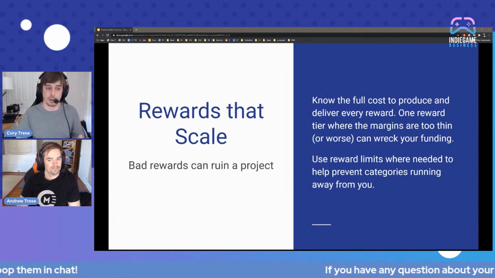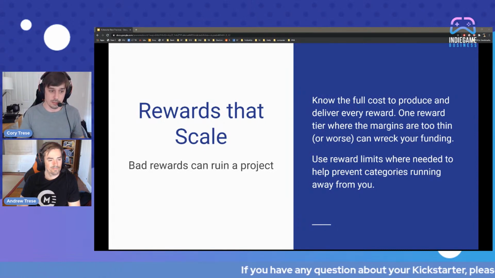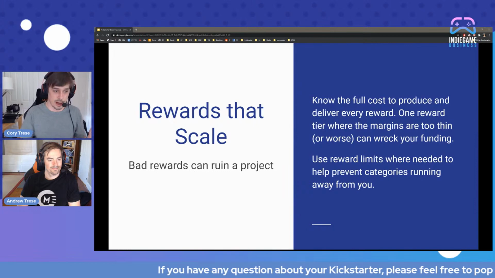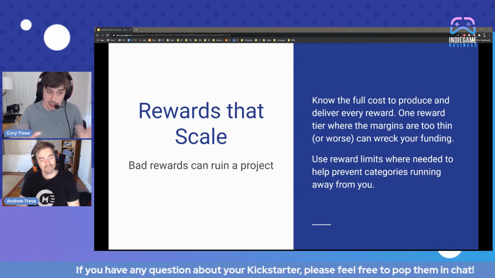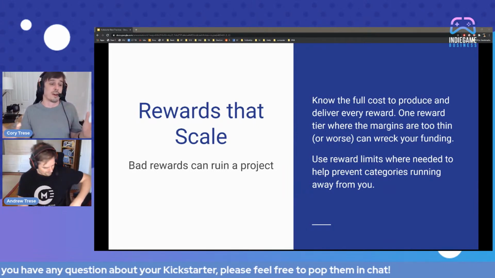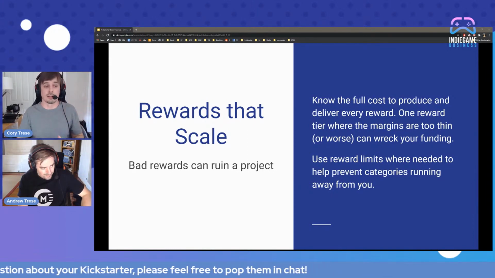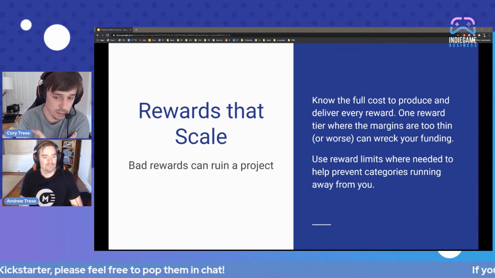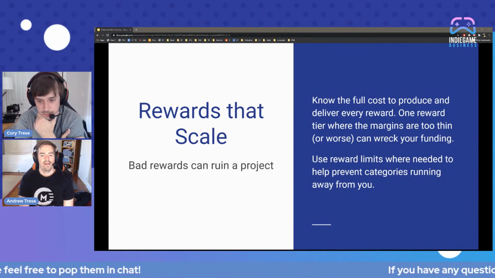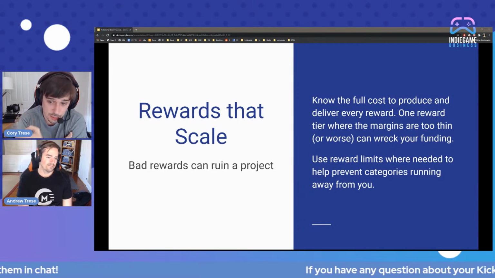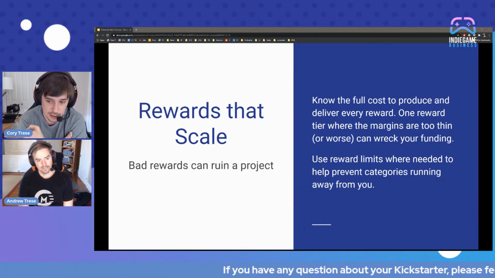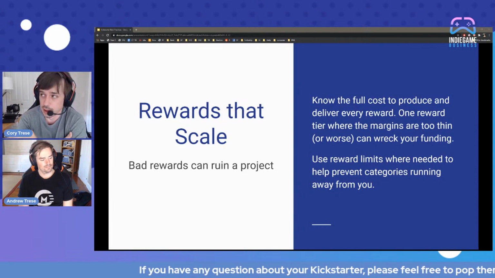If you were planning on putting these together yourself in your basement and you were going to buy 100 tubes and send out maybe 100 of them, and now you have to do 5,000, it's an entirely different thing. So you really have to think about reward scaling, and if necessary, use reward limits to protect yourself.